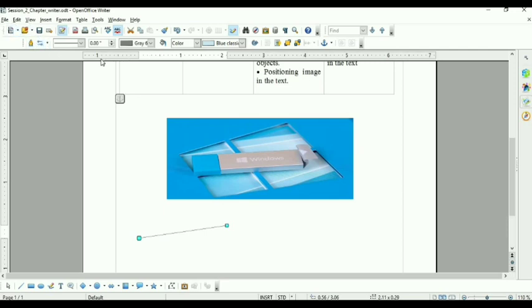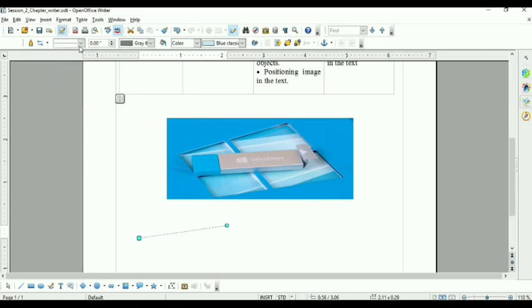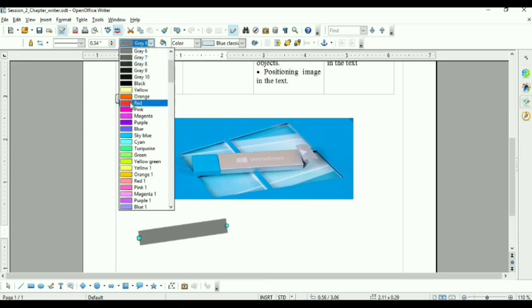Okay. Next, you can change its style from here, like a dashed line or something other like this, but I want continuous. Then increase its width, like 5 inches like this, 1 inch like this, 0.34 like this. Okay. Then change its color like this.